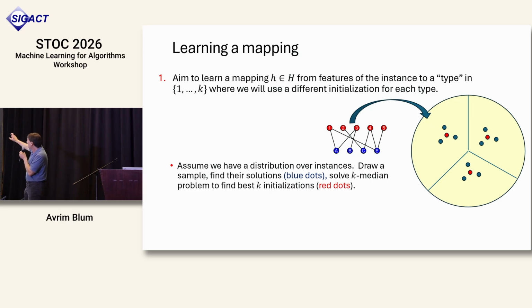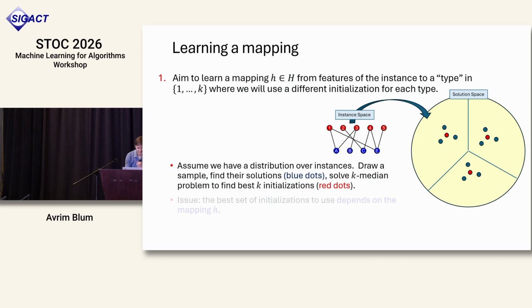Okay, so if the cost of solving an instance from a start is that distance, then the k-median problem gives us the best set of k initializations if for each instance we could magically find which red dot would be the best one for it. But let's do that. Let's solve that k-median problem. And then now, okay, so just to be clear, we have instance space and solution space, so the thing on the right